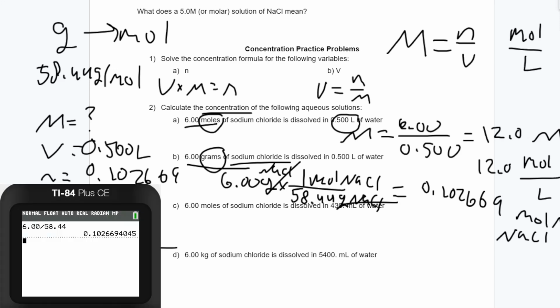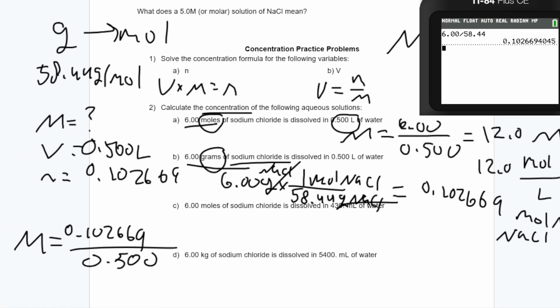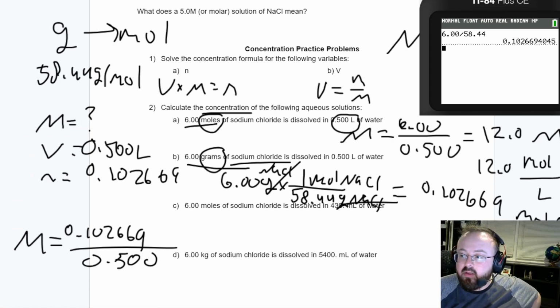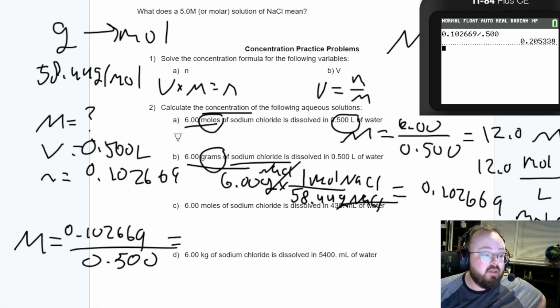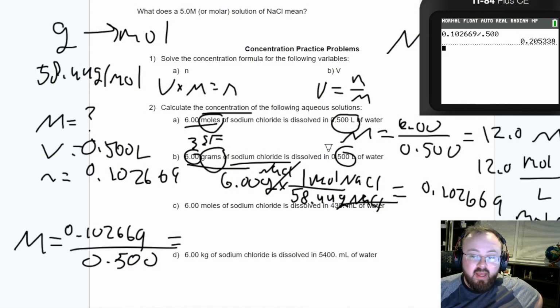Let's bring this calculator up and over. I'll show myself again. 0.102669 divided by 0.500, and I get this as my value. Now, when we talk about sig figs, we have to go back to the original value. This 6 grams right here is 3 sig figs. That is also 3 sig figs. So my answer should have 3 sig figs,